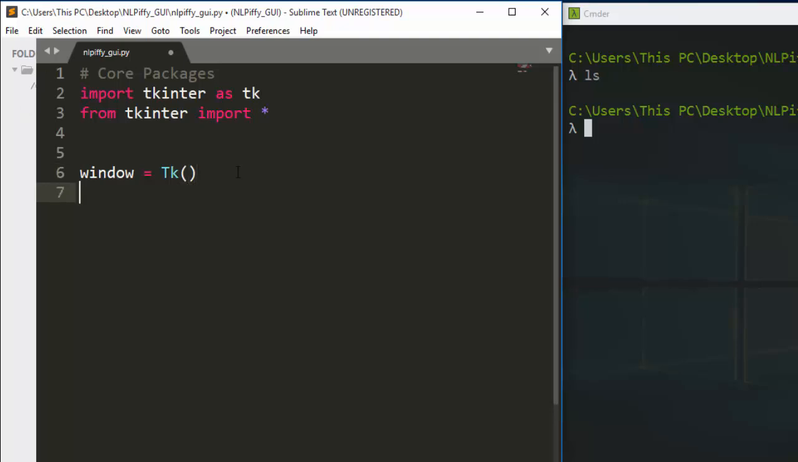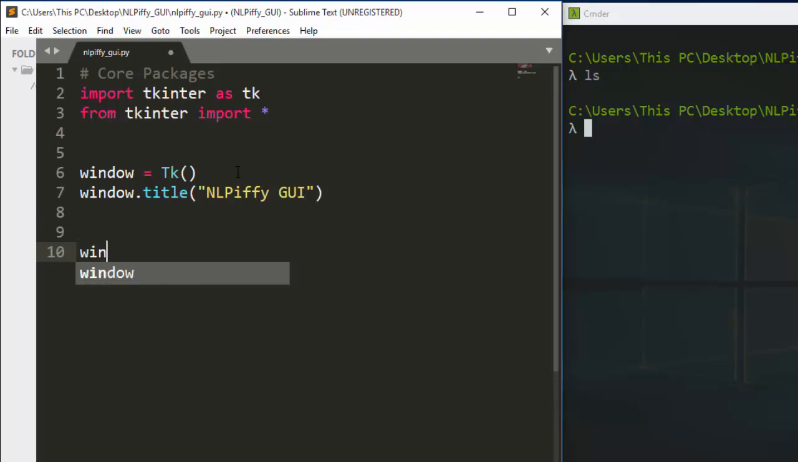Okay, perfect. And then we need to define the title, let's give it a name for this particular app. The title is going to be whatever title you want to give to this app. So let's say NLPiffy GUI. Perfect. With this, you can just close this app. So window dot